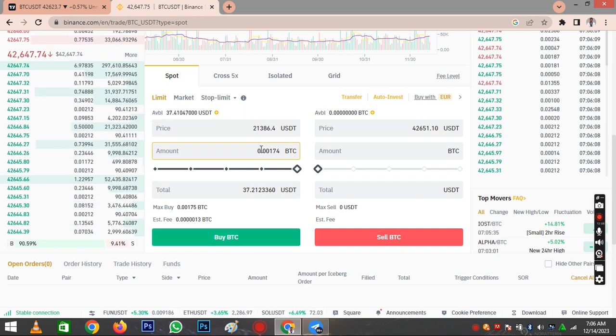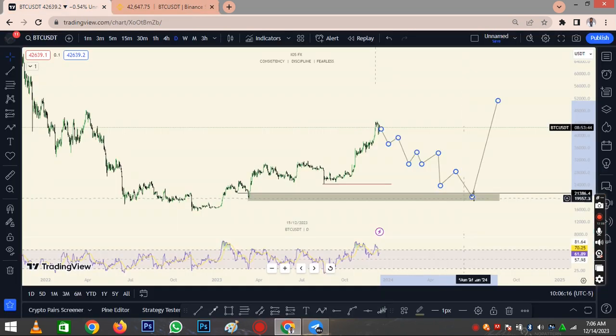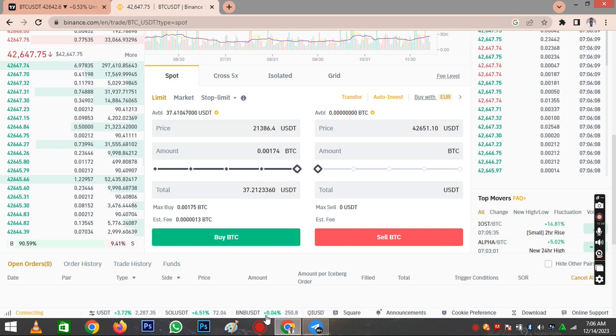Okay, and let's assume BTC actually got to this point, and automatically Binance opened our order and bought BTC for us at this price with our $37, and then it got to this point where we want to sell. All we need to do is to come back here, set our limit order that we are going to sell at the price of